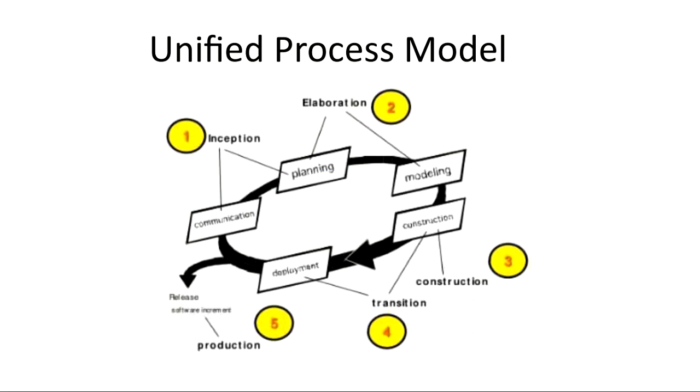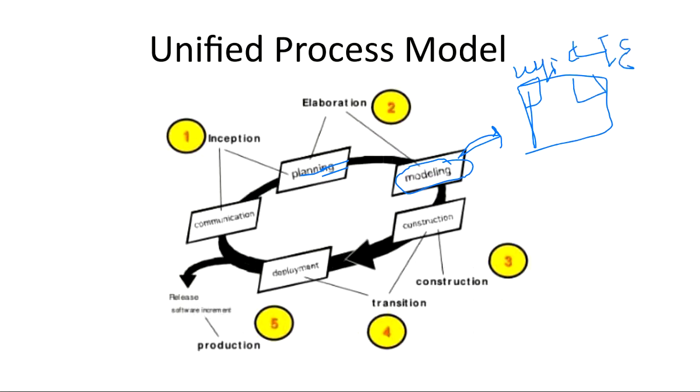And modeling also. Modeling means design. In planning, they discuss that the user has asked for these things. In modeling, they will say, suppose the user has asked for a brown dashboard. They will see whether they can make a brown color dashboard or not. Suppose the user has given an order for a tablet, and he has asked that it should not only have Wi-Fi, it should also have a cellular network. So they will see whether their company is capable of providing both these features or not.